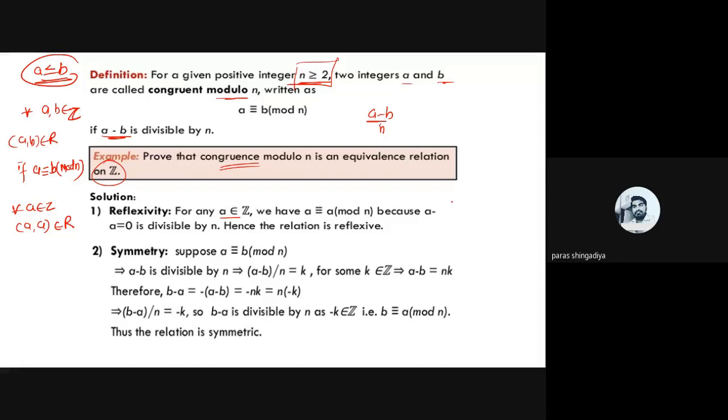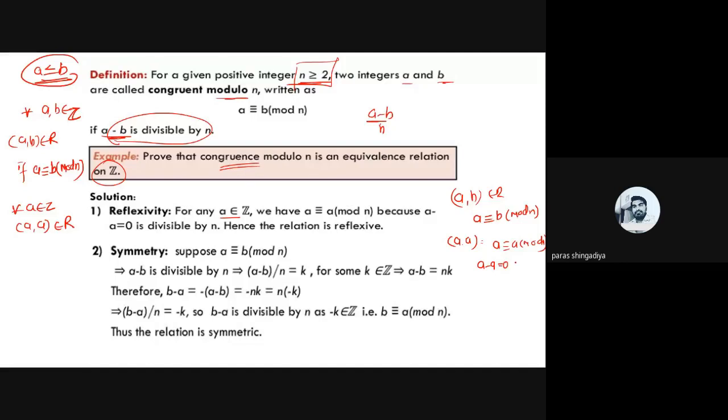Let us check it. AB belongs to R, that means we have A congruent to B mod n. Now we have to check A comma A, and it will be A congruent to A mod n. In place of B we just consider A there. And what is the meaning of A congruent to A mod n? A minus B is divisible by n if A is congruent to B mod n. Clear? So right now here A congruent to A mod n, so A minus A is equal